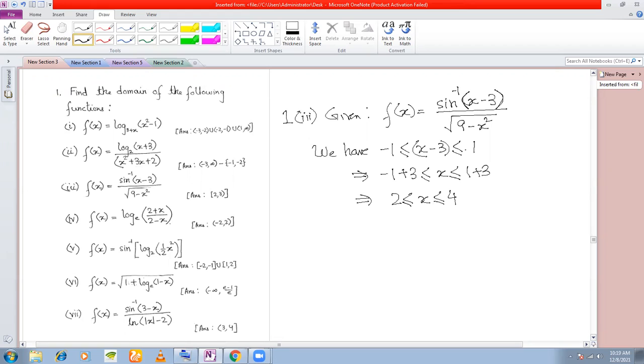What is the next condition? The denominator cannot be equal to 0 or less than 0, because you have a radical also. Also, you must have 9 minus x square cannot be less than or equal to 0. So let's find values for which it is equal to 0, and then we'll remove it from the domain. Okay. So what do you get here? You get minus x square minus 9 is less than or equal to 0. Now I multiply both sides by -1. So the inequality sign reverses, right?